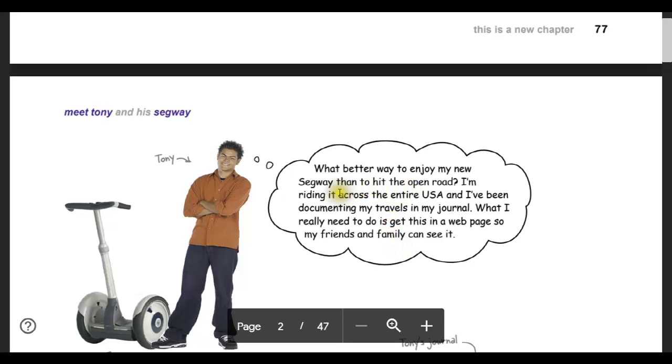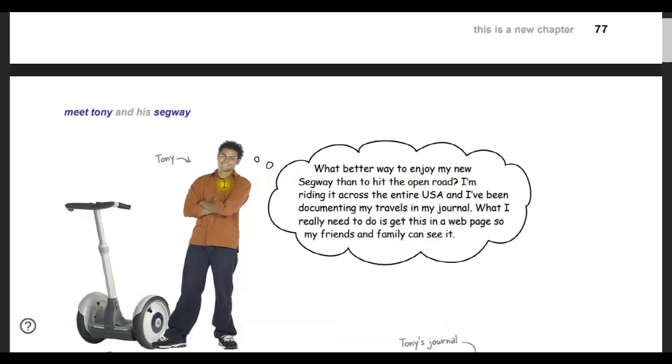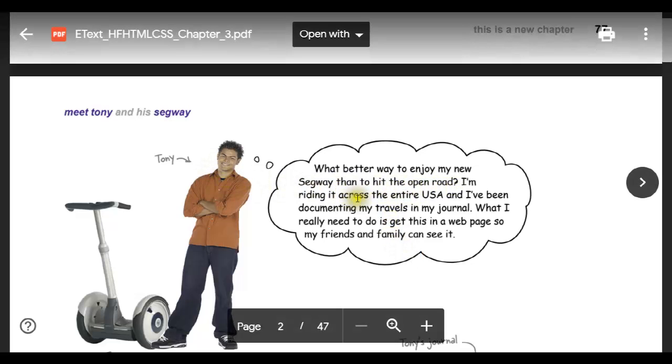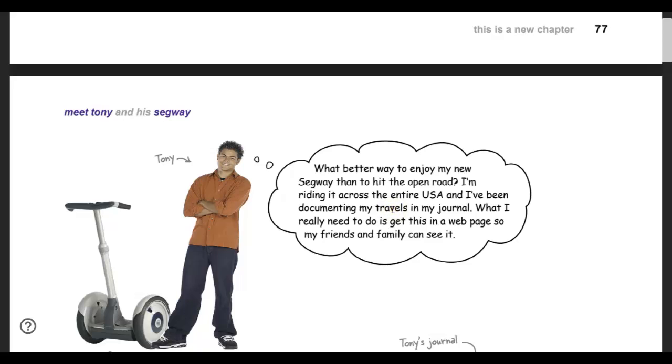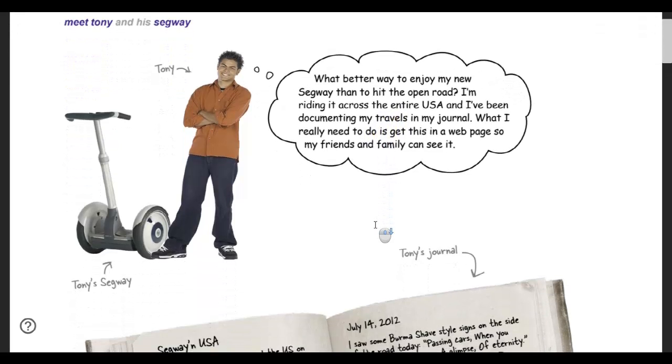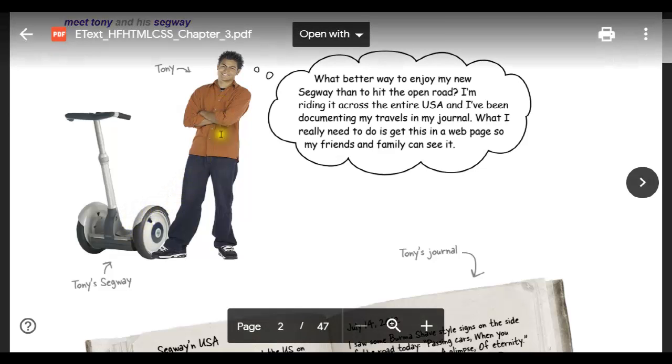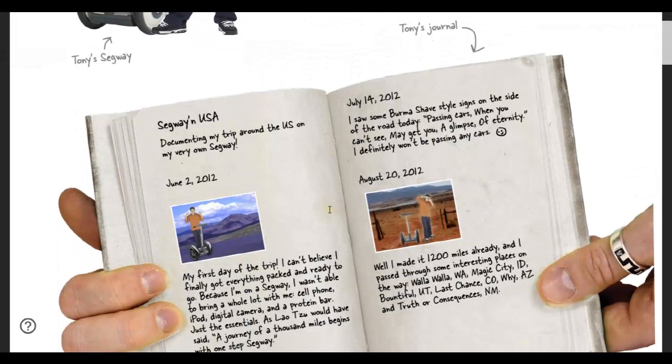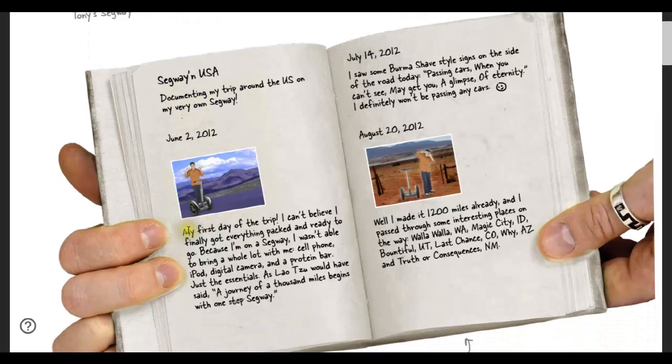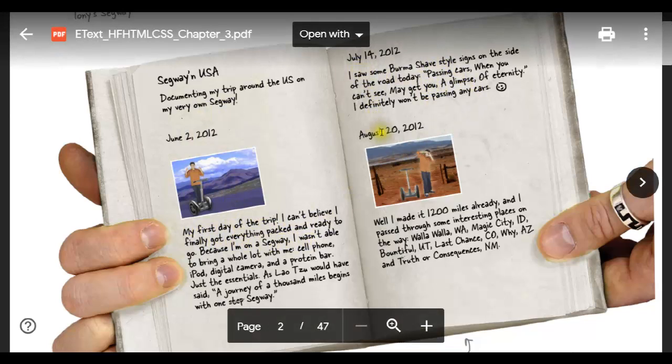What better way to enjoy my new Segway than to hit the open road? This is Tony. He's riding it across the entire USA, and he's been documenting his travels in his journal. What he really needs to do is get this as a web page so his friends can see it. You can see his journal, Segway in USA. He's got the journal page from June 2nd of 2012, and there's a picture of him, and it says my first day of the road trip. I can't believe I finally got everything packed. There's also a page of his journal from July 14th and August 20th,